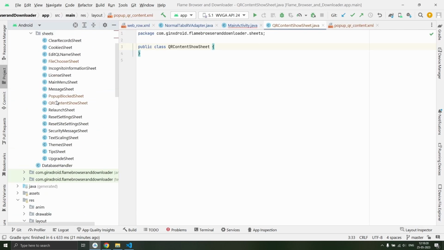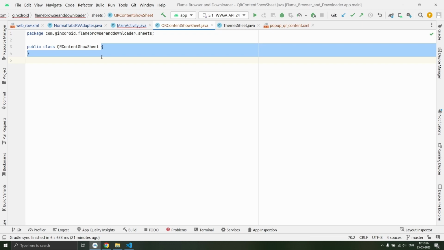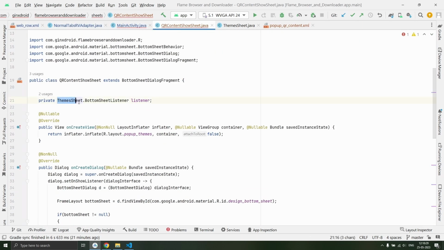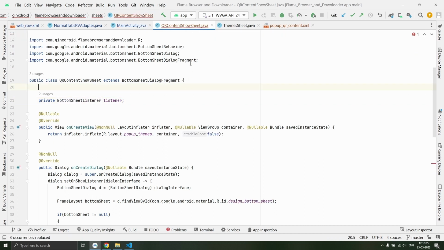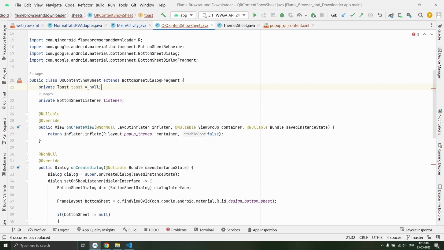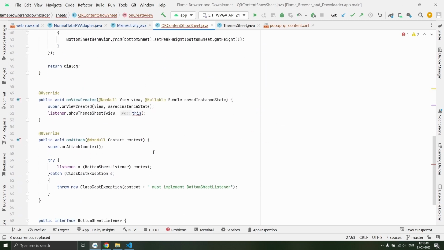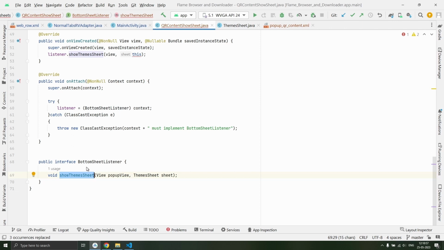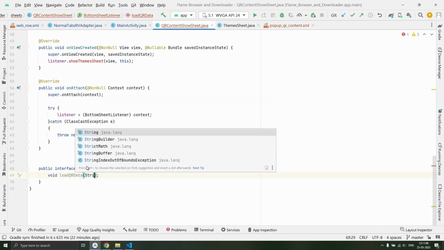code. So just open theme sheet and copy the whole code from theme sheet to QR content show sheet, and replace theme sheet dot with blank. Then at the top declare private toast and set it to null value initially. We are going to use pop-up QR content layout over here, and we'll declare one more method, load QR data, and we will pass string content